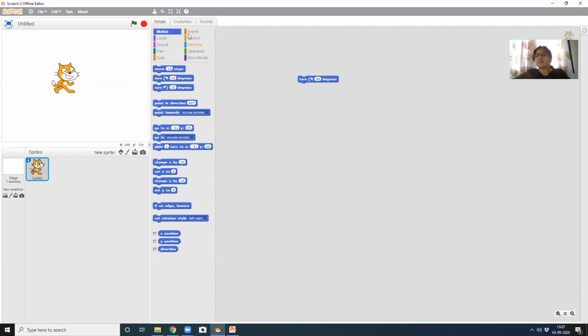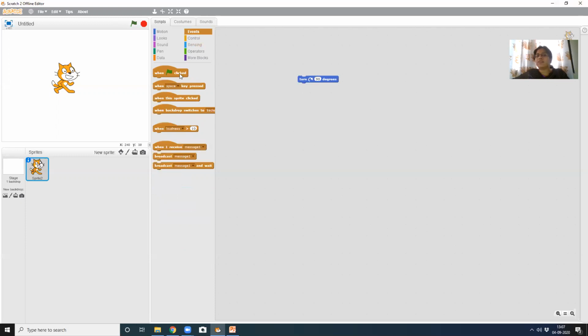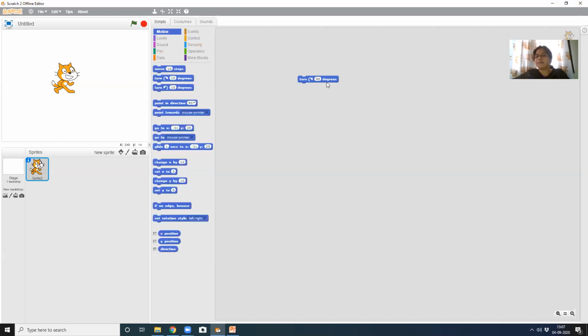Without that event, if I have to run the program, what am I supposed to do? I have to double click on this block. So now I am telling the sprite, when I double click here, you are supposed to turn 90 degrees. I'll double click it here.